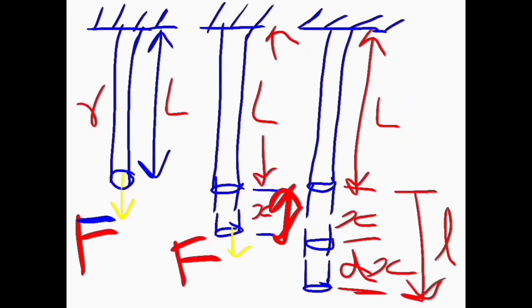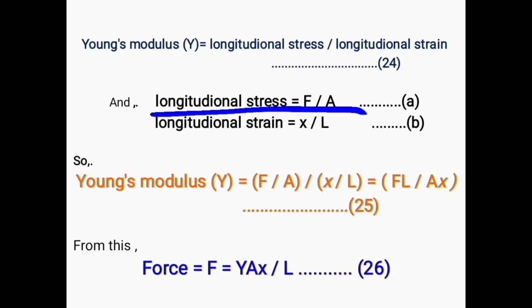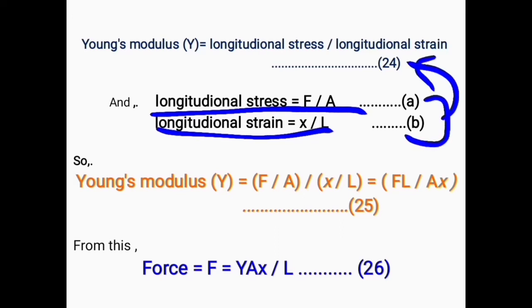Similarly, longitudinal strain is equal to change in length. This change in length x divided by original length L, that is, longitudinal strain is equal to small x divided by capital L. This is the longitudinal strain. Now we will put equation A and equation B in equation number 24. After putting A and B in equation 24, we will get Young's modulus is equal to force